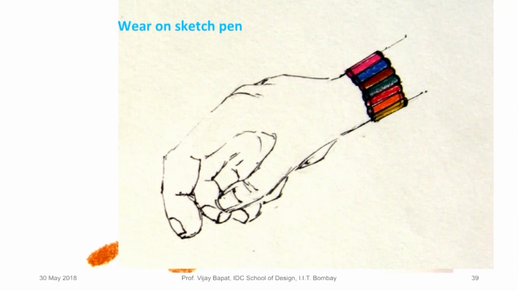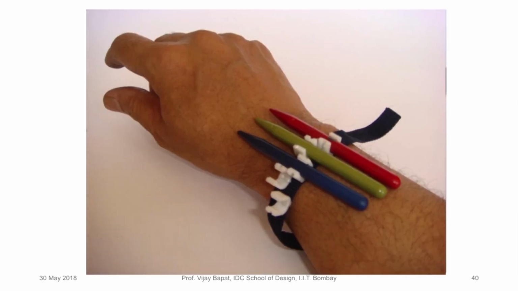Wear on sketch pen. It's like a bracelet now. I want red color, I will just pick up and start painting in the red. Then even make a quick prototype using the available snap-ons and